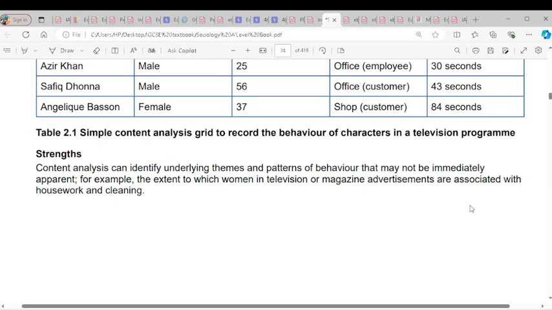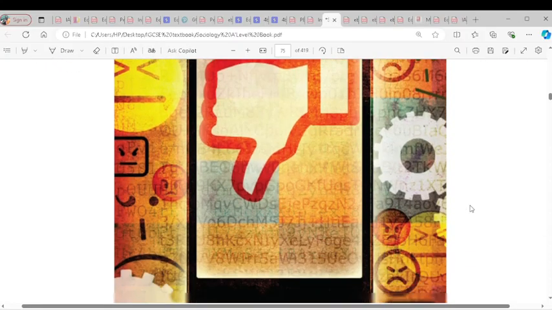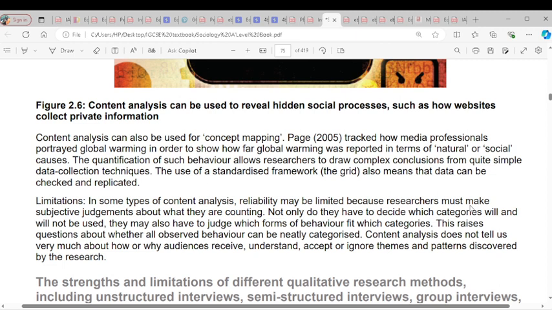That's what they said. It identifies underlying themes and patterns of behavior that may not be immediately apparent. You might not see them, but for the fact that a content has been made regarding it, then it becomes easier for you to see. Content analysis can also be used for concept mapping. Tracked how media professionals portrayed global warming in order to show how far global warming was reported in terms of natural or social causes. So another thing about content analysis is that it can explain to us